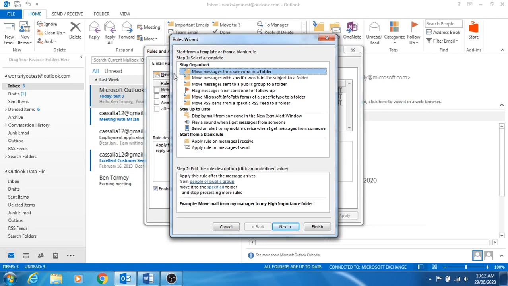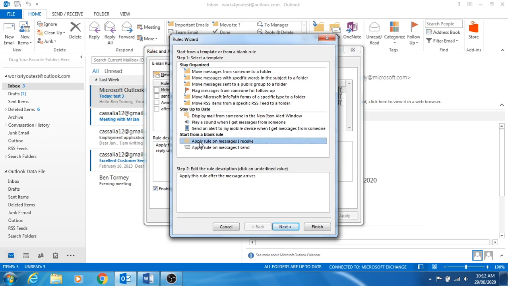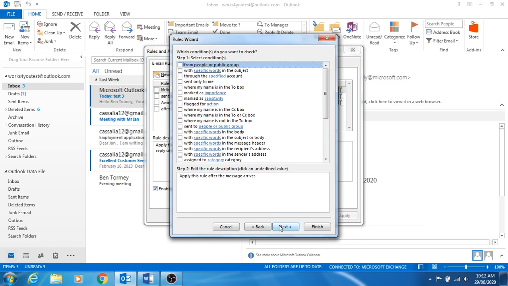So what we want to do is we want to apply a rule on messages I receive. This one here. Then we go to Next. Now we're going to set some conditions. Now the criteria that we want is